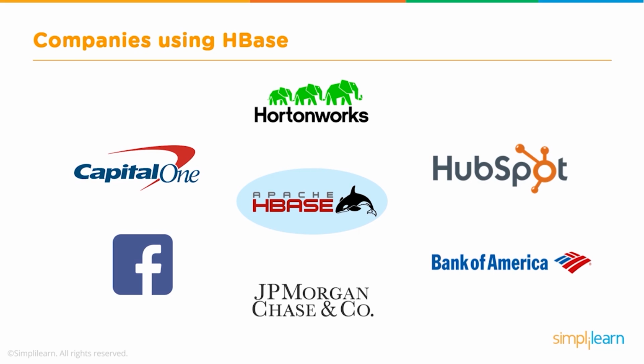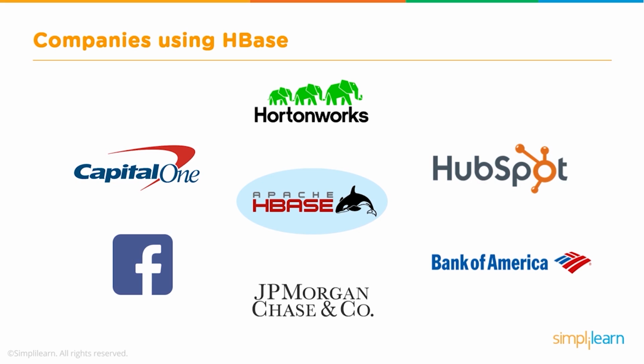They might have one bank way back when they collected information as far as the person's family and what their income for the whole family is and their personal income, and maybe another one doesn't collect the family income. As you start seeing where you have data that is very difficult to store, where it's missing a bunch of data. HubSpot's using it, Facebook, certainly all of your Facebook, Twitter, most of your social medias are using it. And then of course there's JP Morgan, Chase and Company, another bank that uses the HBase as their data warehouse